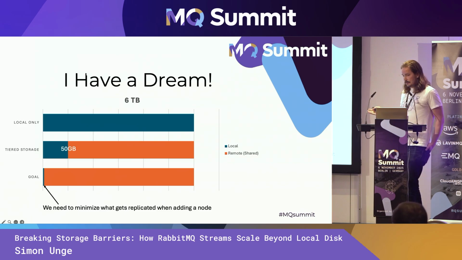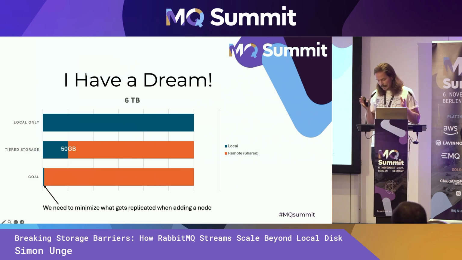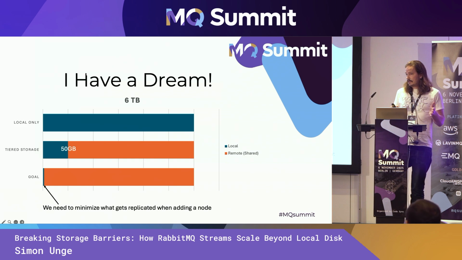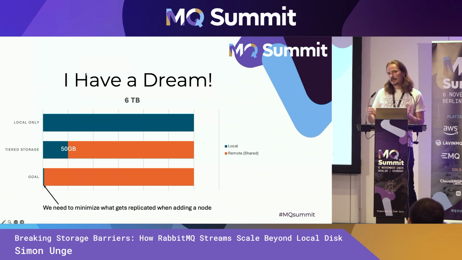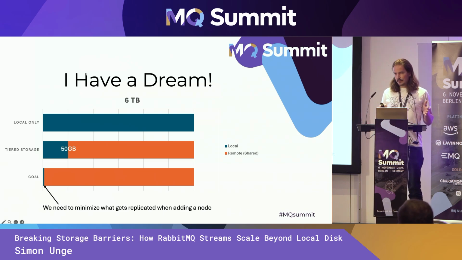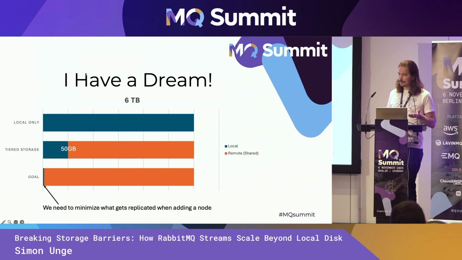Then we looked at traditional tiered storage, where you solve that problem by having hot and cold data. So you have a certain amount of hot data, and older data you ship off to some kind of remote shared storage, and you call that cold data. But usually you have a set amount of data that you store locally, like 50 gigabytes or something like that. And that solves the issue a little bit. Like you do get scale out down from hours to probably minutes, but it's not good enough for ABBA tickets. We want this to be seconds, not even minutes is good enough, right?